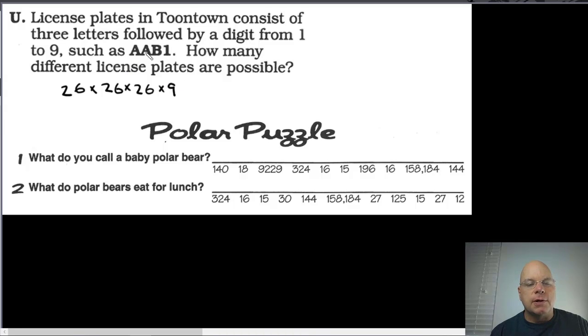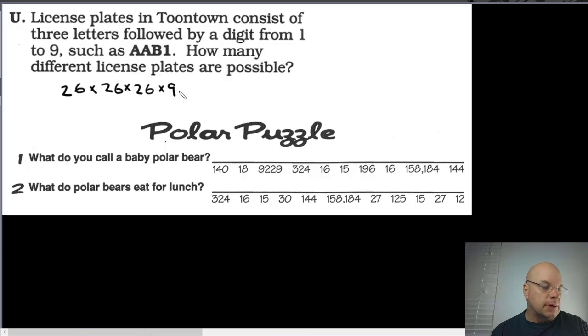So the thing I want to say about this, though, is there will be some situations where, say this exact same scenario, but you can't repeat a letter. So you would have 26 choices for the first letter, but then you would only have 25 choices for the second letter because you've already used one of the letters. So you have to consider the situation carefully, but based on how it's written,